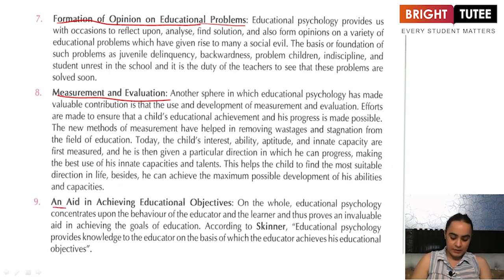The last that we have is that educational psychology acts as an aid, a tool in achieving the educational objectives. We have got so many psychologists, we've got so many laureates, we've got so many wise men who've laid down some educational objectives. What things do we aim to get from education? If a child is being sent to school, for example, by a parent, they would obviously have some objective in